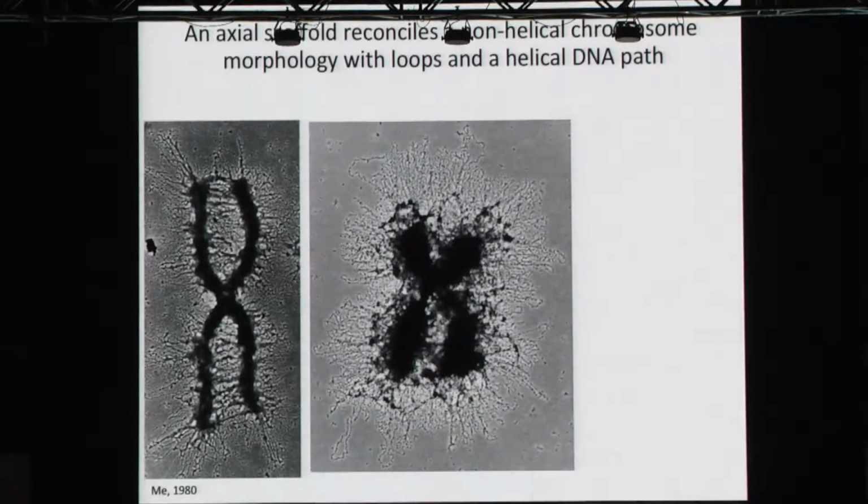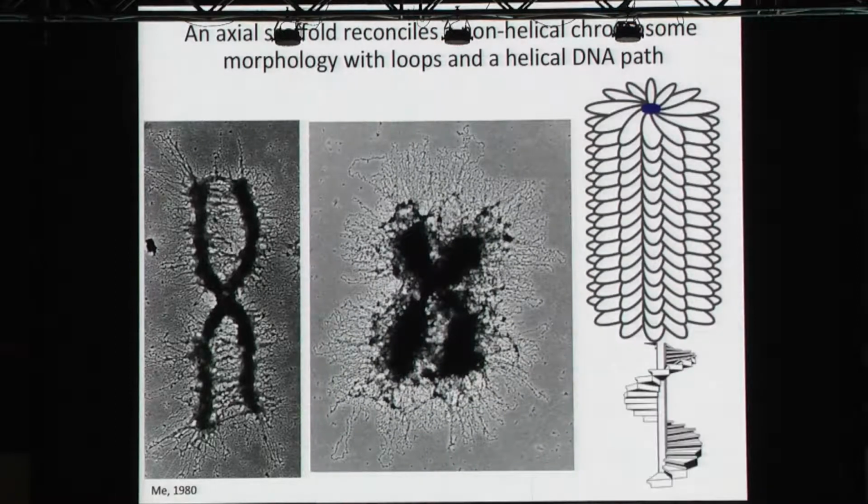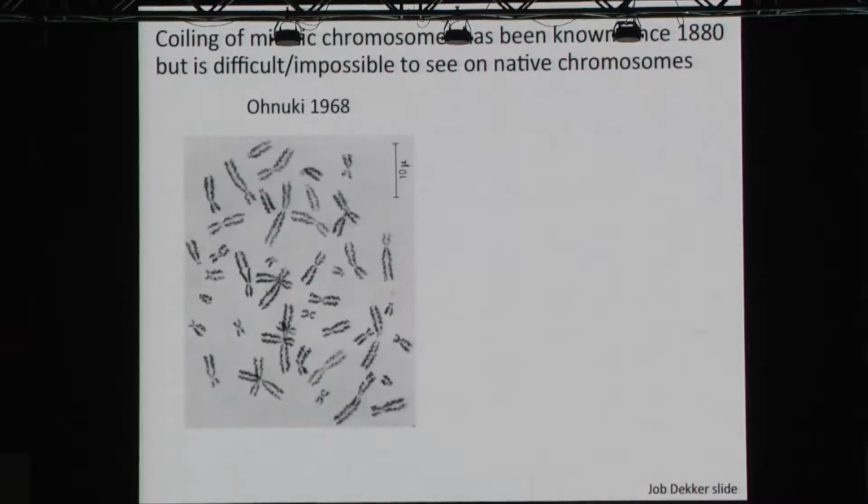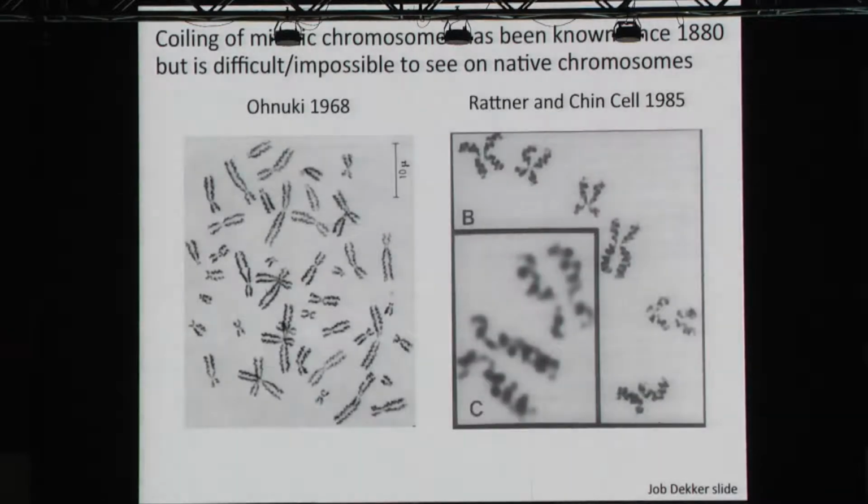And this can explain how you can have a combination of a chromosome which is a helix. It has loops, but as you see on the left, usually when you look at chromosomes, you don't see anything that looks either like loops or a helix. So how do we explain all this? Coiling of mitotic chromosomes has been known since 1880, but it's really difficult or impossible to see that on native chromosomes. So Kamiko Samajima has been doing super resolution microscopy in my lab and trying to see if she could get better imaging of